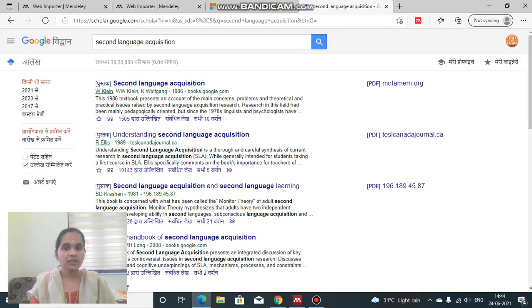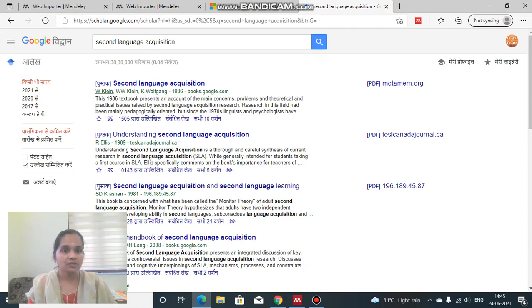Whenever we take the ideas of a person, or the wordings of another person mentioned in his work, we should give proper citation in our publication or research works. That is a must, because it should be ethical. Here in second language acquisition, you can see so many files. I want to add them to my Mendeley Desktop. How can I do it?